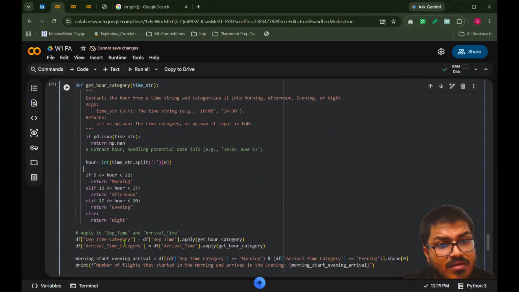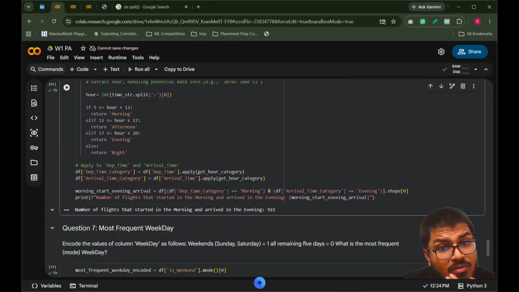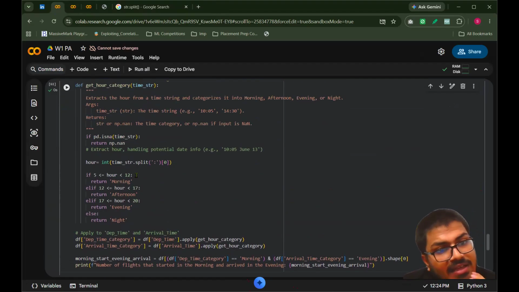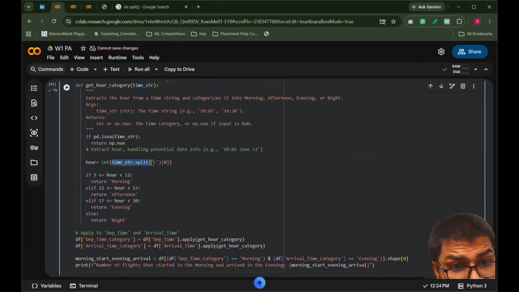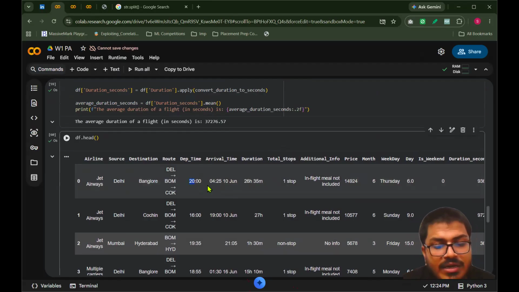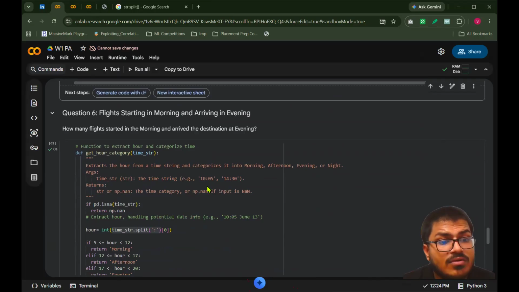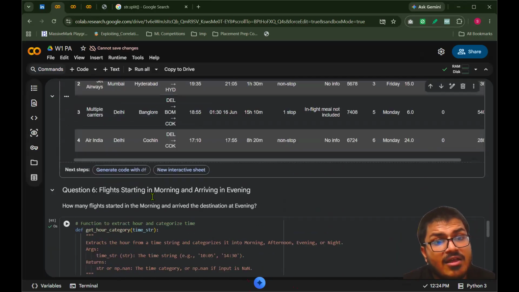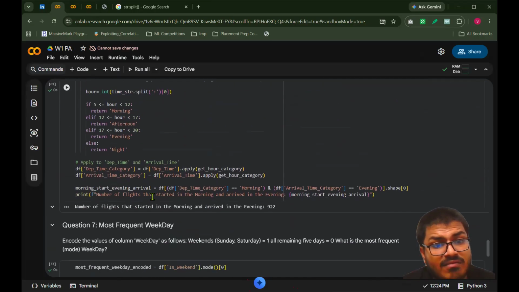नाउ दिस इज द स्ट्रिंग, और ये फंक्शन करेगा, और मुझे मिल जाएगा 922। बेसिकली मैंने क्या किया, वही सेम चीज, छोटे छोटे पार्ट, मैंने टाइम, वो स्ट्रिंग को आई हैव कन्वर्टेड, दो 20, जो ये पार्ट था 20 और 35, मैंने 20 को अलग किया, 00 को अलग किया, मैंने 20 उठाया, और मैंने देखा कि ये तो कौन से इवनिंग में लाई कर रहा है। तो ये क्या कर रहा है, सेम टू सेम व्हाट वी आर डूइंग,